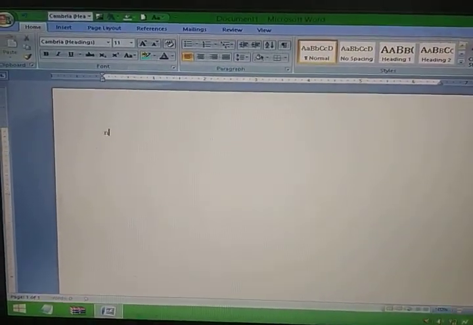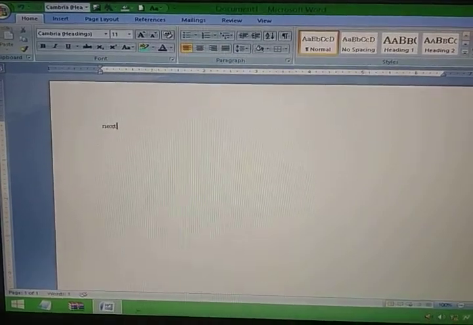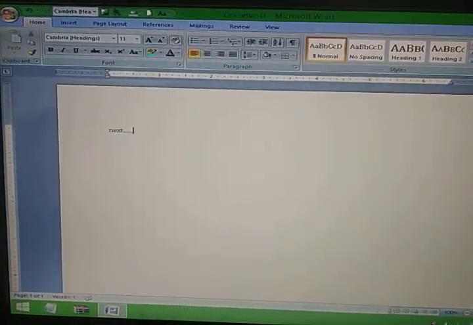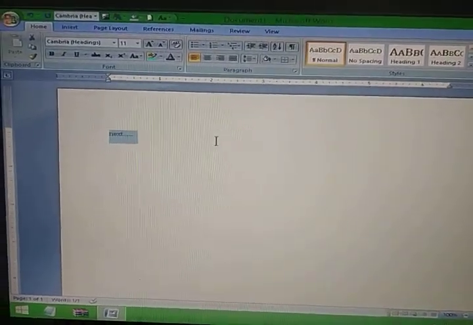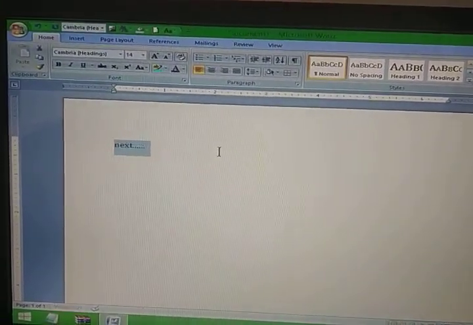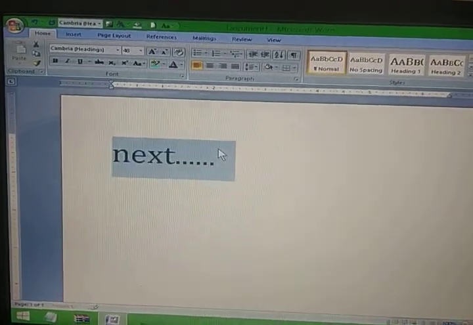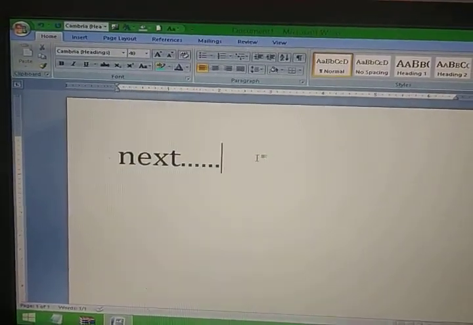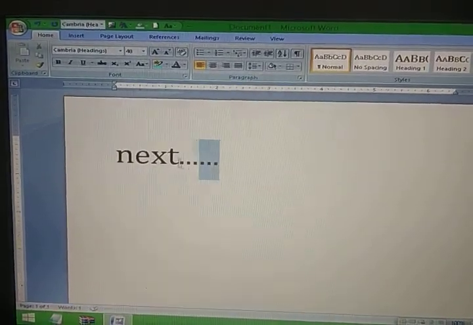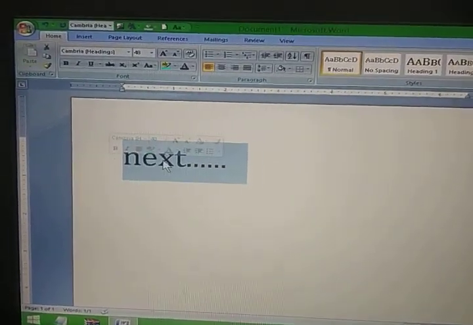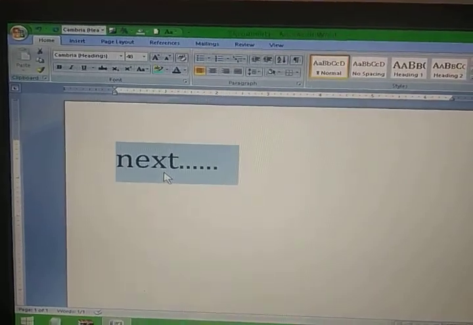So I have typed NEXT, right? This is the word I have typed. Now I increase the size, so size is increased. To create the hyperlink, you need to type a text and select it, right? So this is the text that helps to create the hyperlink.